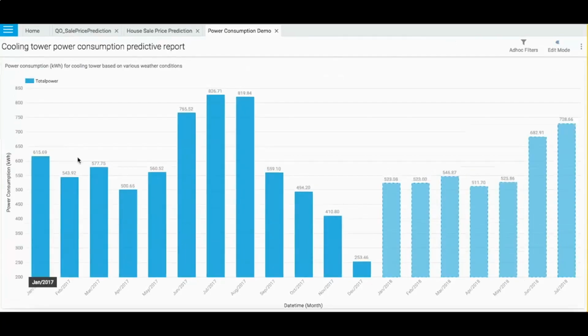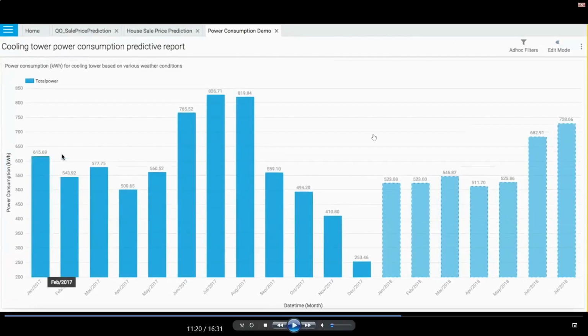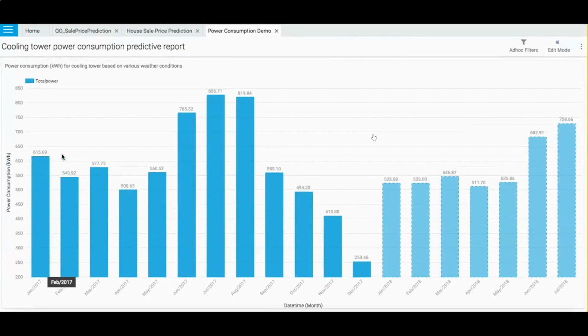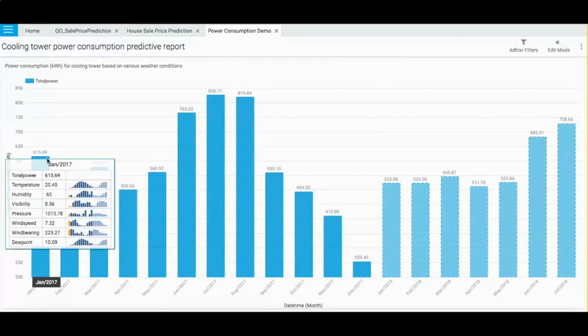Now, what else can be visualized? So what we see here is the month-wise sum of results. Now, along with that, there are 7 to 8 different parameters which we call independent variables that we have used in the algorithm.